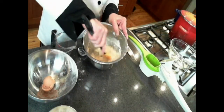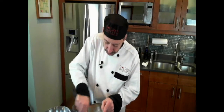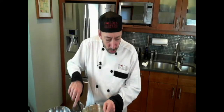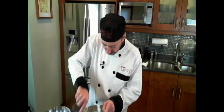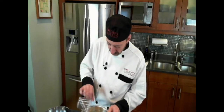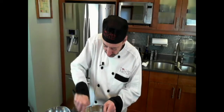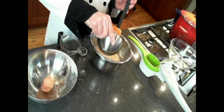Then when you get down to the bottom of your cup of water, you gotta say, how's the mixture looking? Should be a little softer than some dough, because I'm going to run it through a ricer here, which has a Spätzle grate on it. So I poured in my cup of water, and it looks a little thin, so I'm going to add just a smidgen more flour. And then once the water's boiled, we'll make some Spätzle, or as they like to say in Hungary, Nokedli. Here on Cook